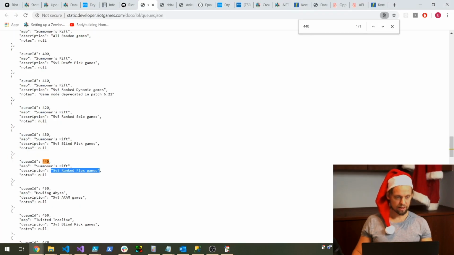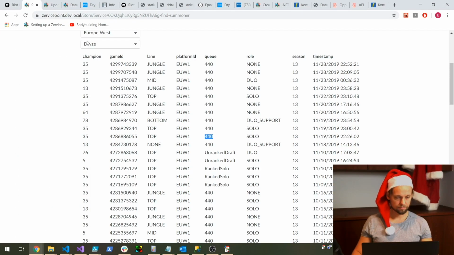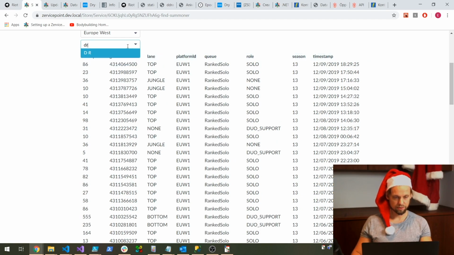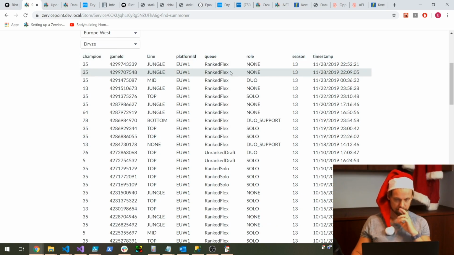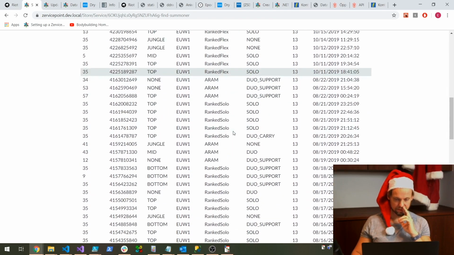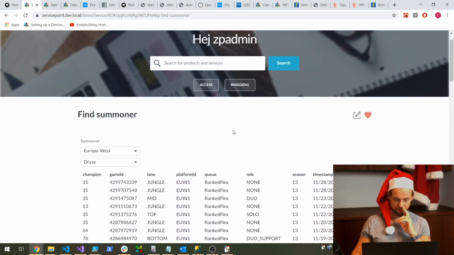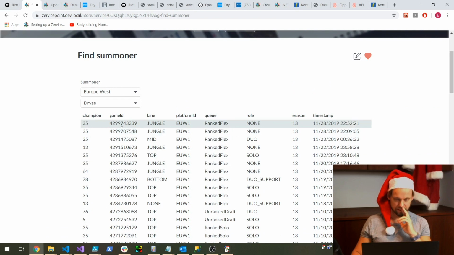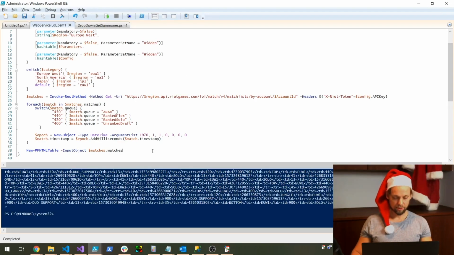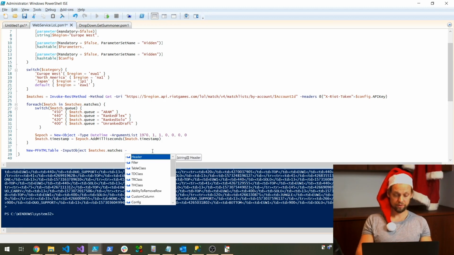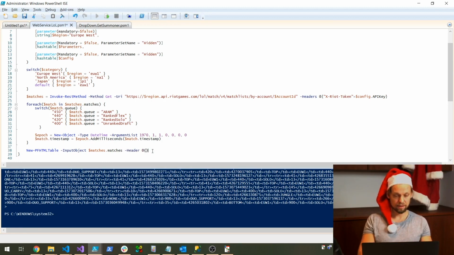What do we want to fix now? Can look here again, just check. Ranked solo, tries, ranked flex. Good. Okay. Maybe we don't want to show the game ID. And we can do that by either just removing it from the object, or we can specify in this commandlet